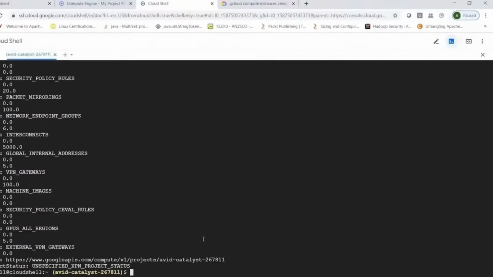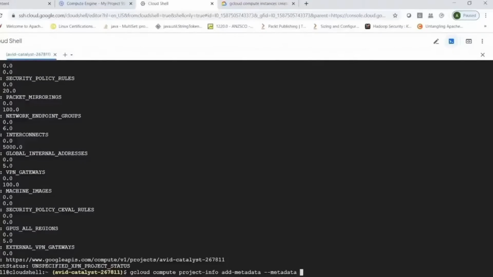Now at any point of time, I can basically say add metadata. I can basically choose the metadata option, and I can say my default region should be Europe, which I was choosing earlier. So I can just bring up this command again. And what I can do is I can say here where I have gcloud compute project-info, where I did a describe earlier. Now what I can also do is I can just say add-metadata,